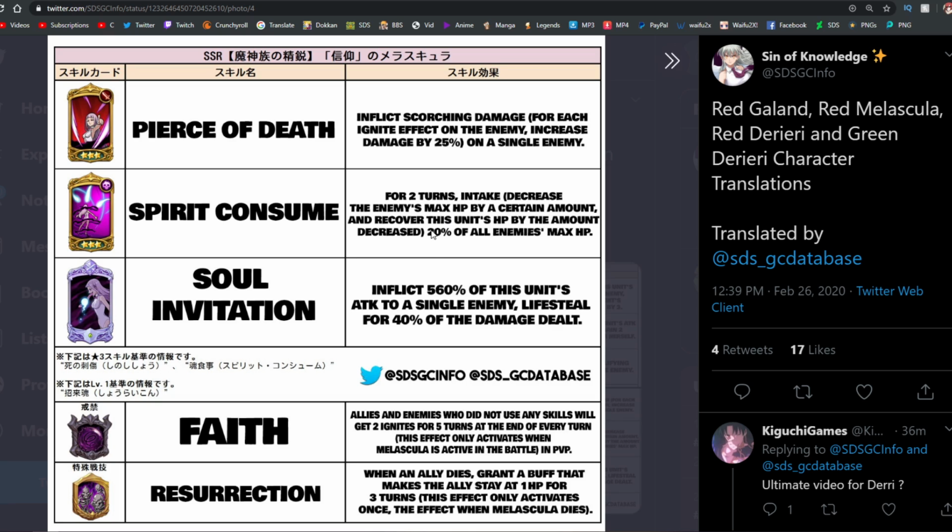Interesting. Very interesting. And then the ultimate is the same as the one from the other one. The commandment is the same for the other one. If you don't attack in a turn, you get 2 ignites on PvP. And then the passive, when an ally dies, grants a buff that makes the ally stay at 1 HP for 3 turns. This effect only activates once, and the effect when